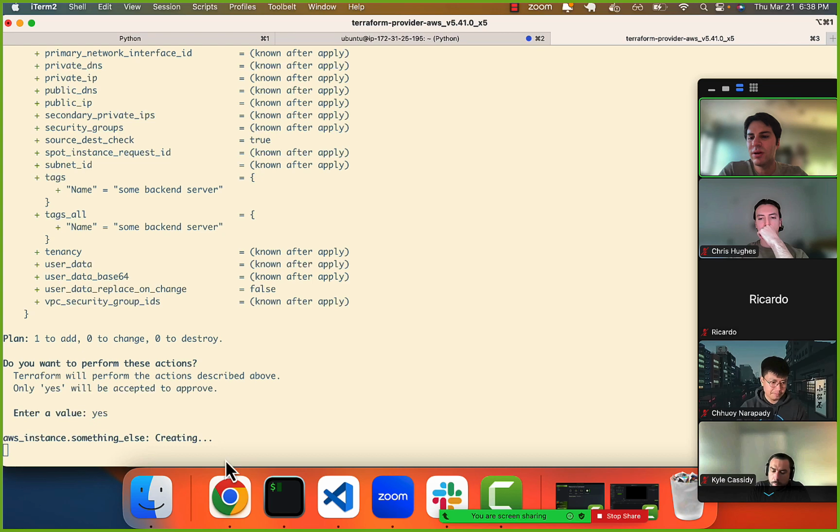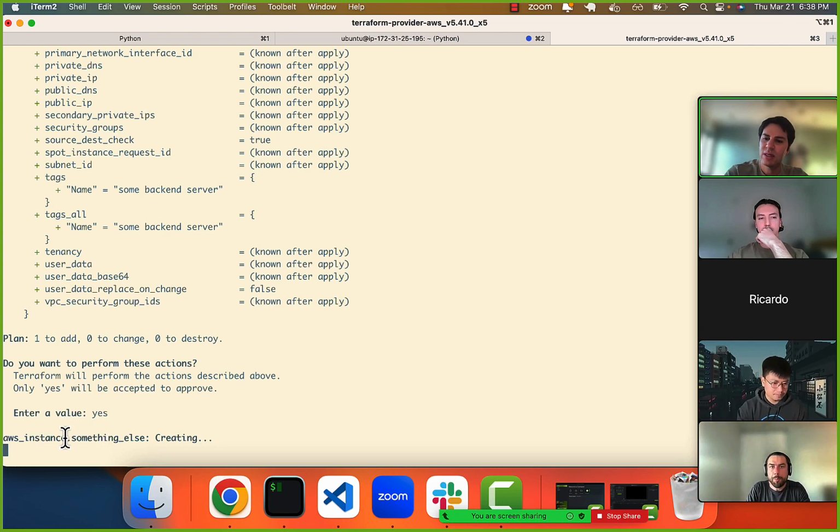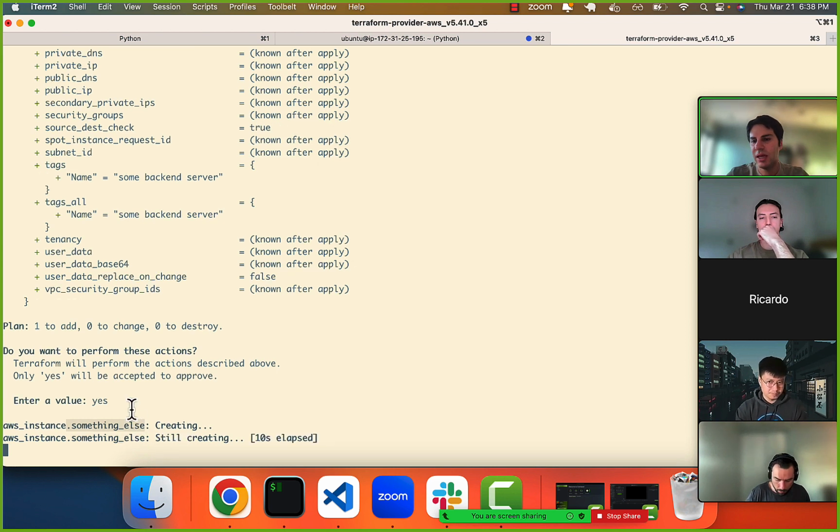Okay, and now look at it. It's creating the AWS instance dot something else. So right, that was what we gave as the resource name. And what's happening now, the way that this is able to integrate with my account and probably should automatically work